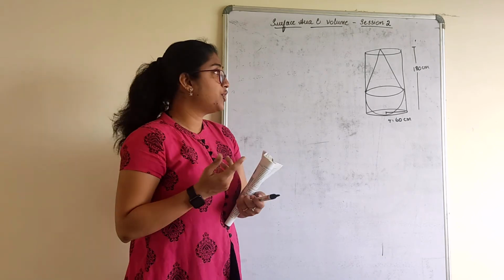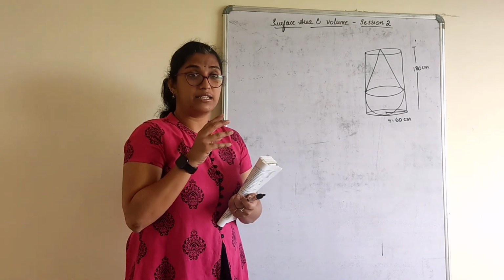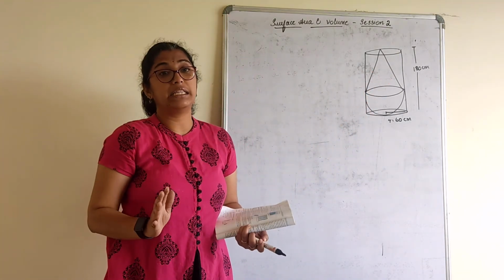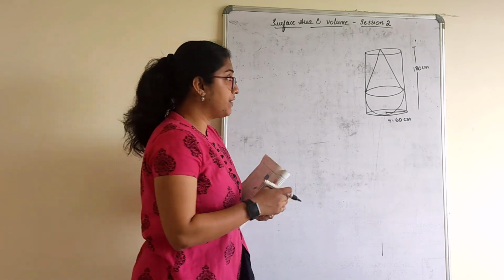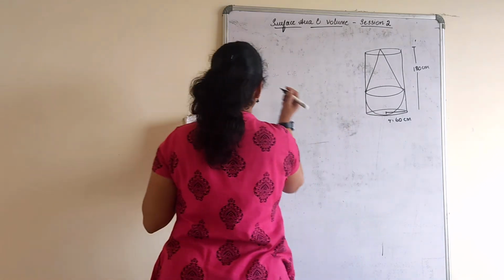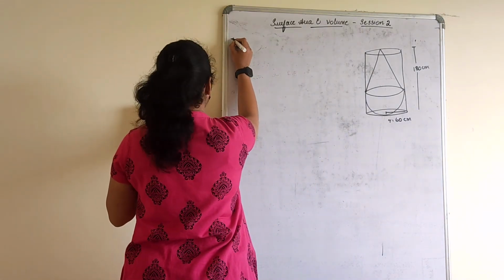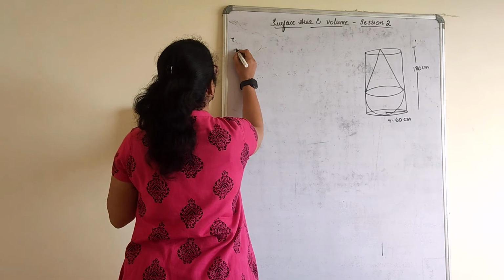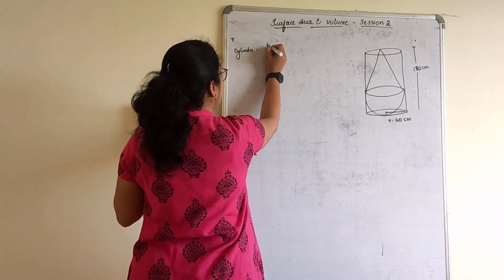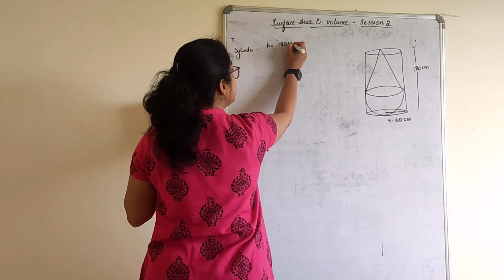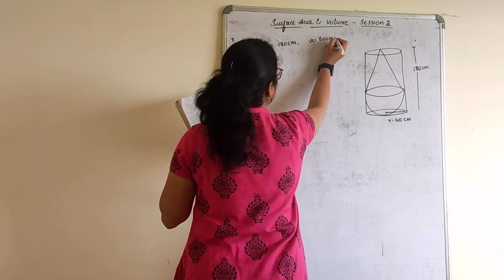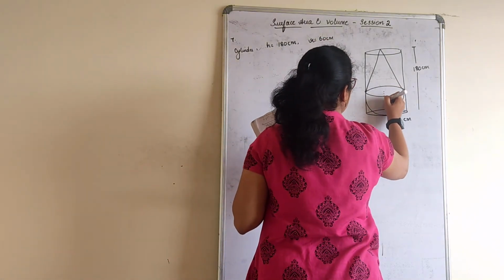That means, first of all, I should know total volume of the cylindrical vessel minus volume of the solid will give me the water remaining in the vessel, right? That is what we have to find. Let's write the dimensions very clearly now. So, first we will write about cylinder. 7th one. Cylinder height is given as 180 centimeter and radius is given as 60 centimeter.